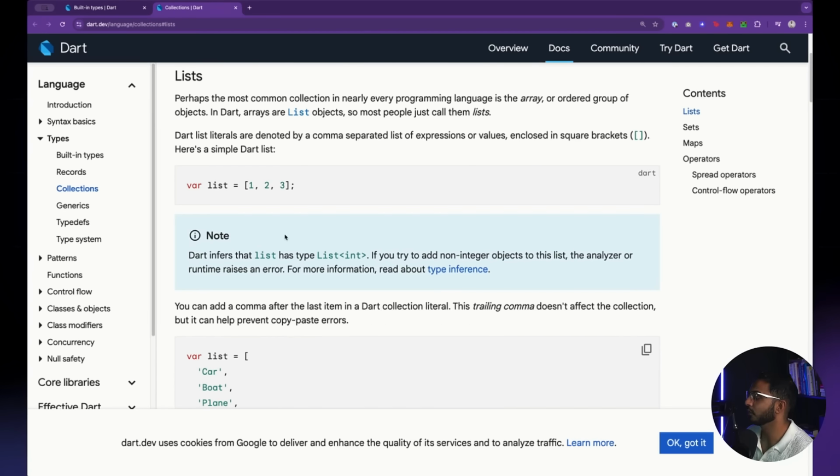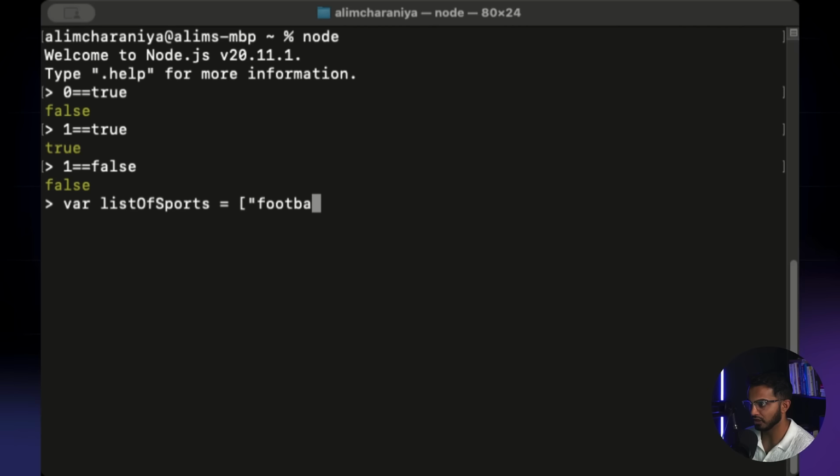So let me open back up my terminal so that you can see an example of it in Node.js, which is very similar to how Flutter works. All right, so I have open here a terminal, and this is what I'm going to do. I'm going to say var list of sports equals open bracket, football, comma, basketball, close bracket.